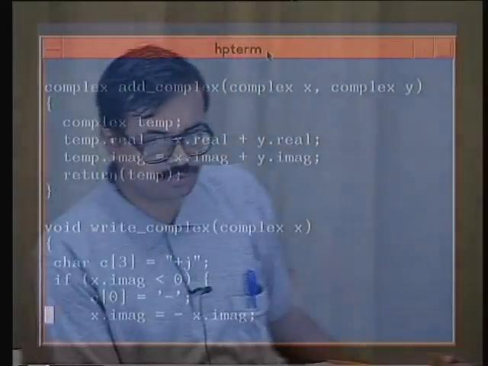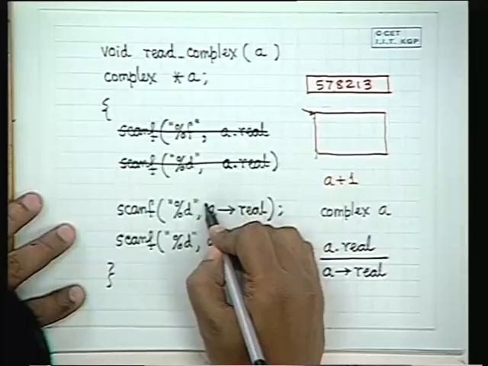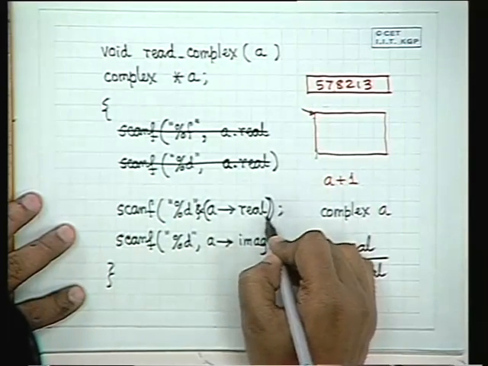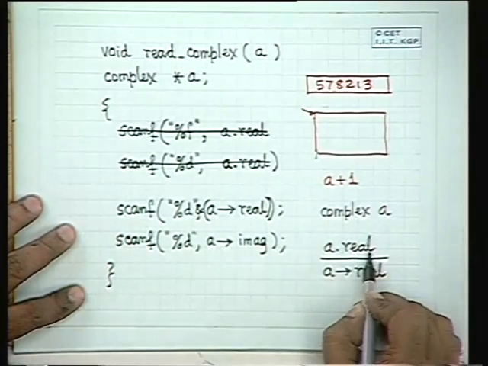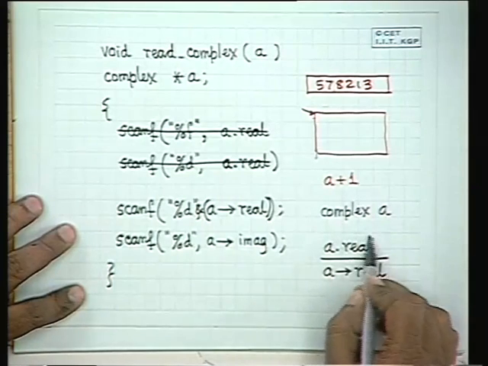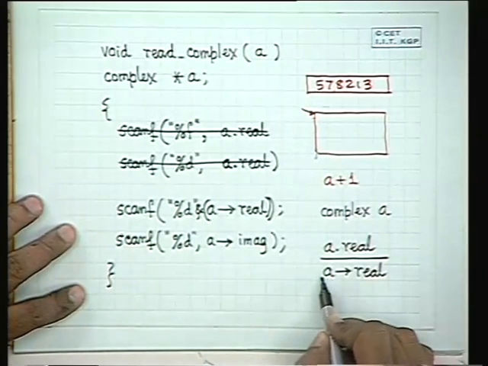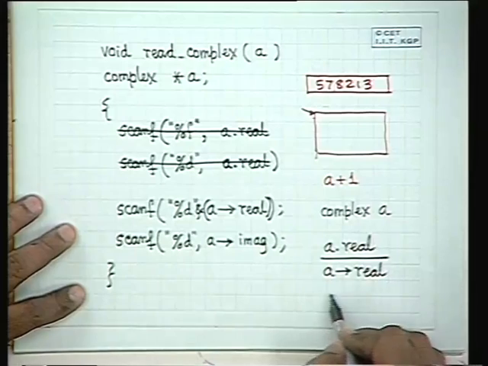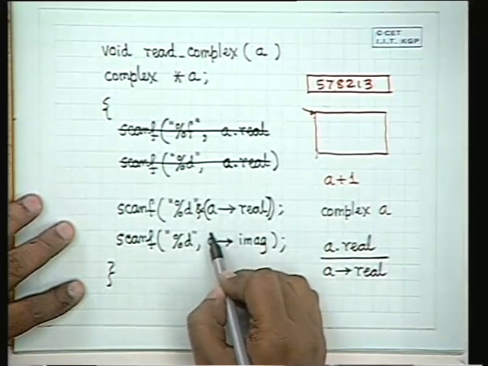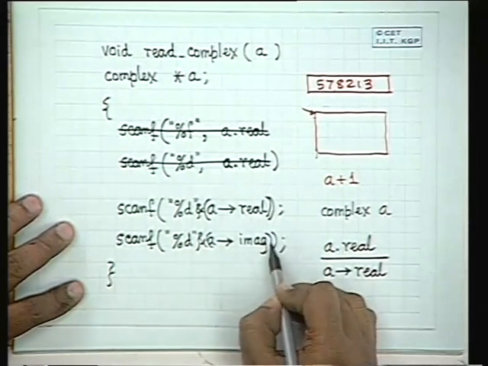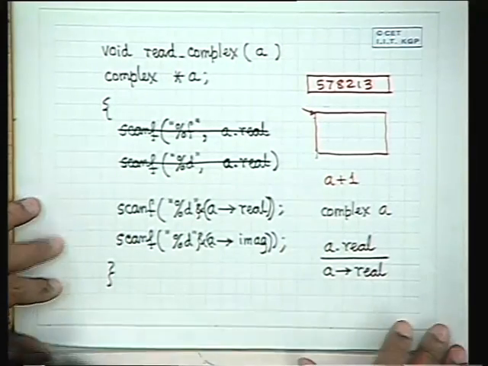So coming back to our, just first the correction, this should be AND, because a dot, like a dot real gives you the value of the real number, a pointer dot real also gives you the value of that number. To get the address, since scanf requires address, you have to give AND.